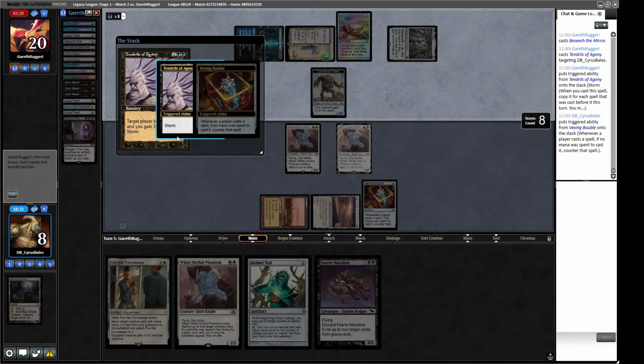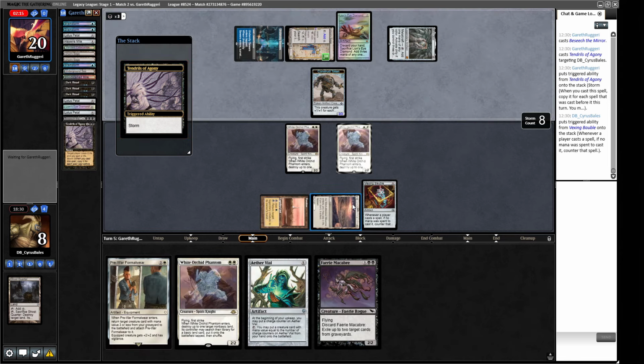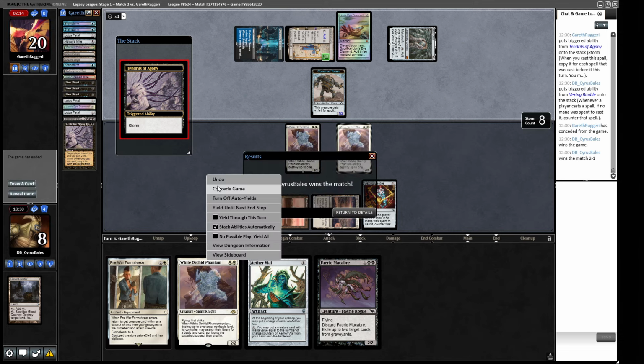So the first one gets countered, but all the copies resolve. Because the copies aren't cast, they're just copied. So they won't get found by the Bauble. So that is the end of...